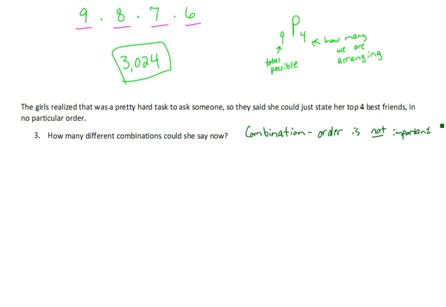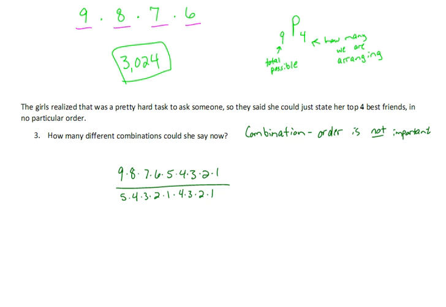Okay, so we're going to write this a little bit different. We're going to first off look at how many possibilities she has with all 9 of them. So we are going to put out that 9 factorial. Okay, and then we're going to get rid of the ones that we know we don't need. We don't need these bottom 5 because we're just looking at the top 4. So we're going to divide out 5, 4, 3, 2, and 1. Okay, we don't need those. All right, we're also going to look at these 4 best friends. They said we don't have to order them anymore. So we're also going to get rid of